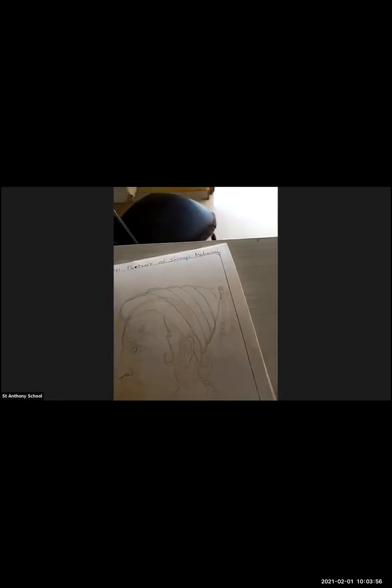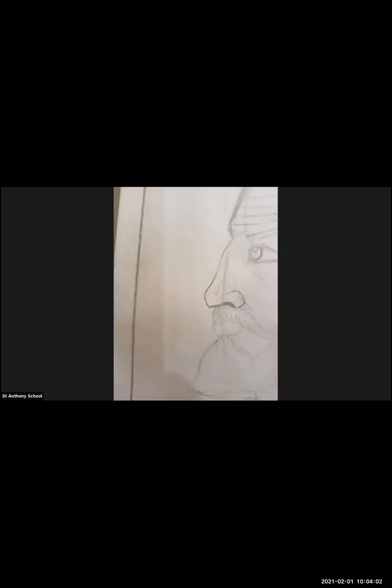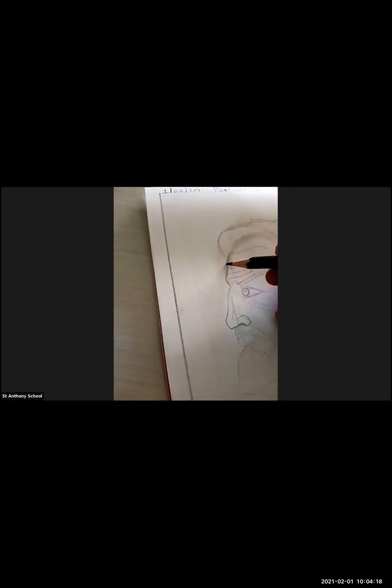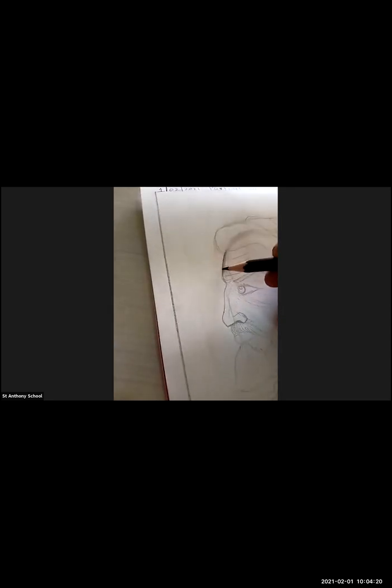Okay, in this way you can do it. Okay, you can erase the light pencil work. Okay, you can erase the pencil work. So just look at this. So now let's begin with this. So here I'm starting with my black color. Here I'm going to start with the coloring part. So as you can see here, I'm doing the outline first.